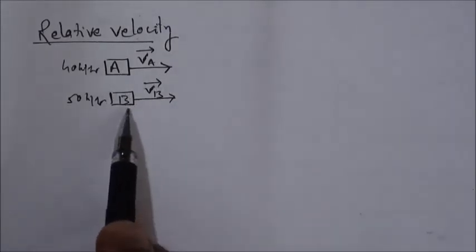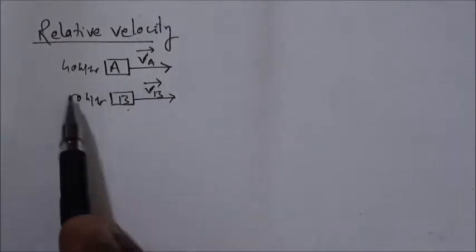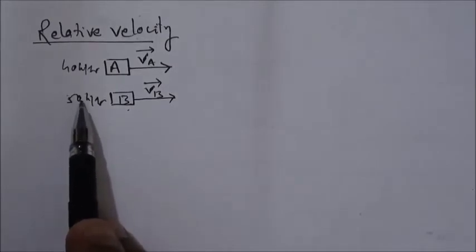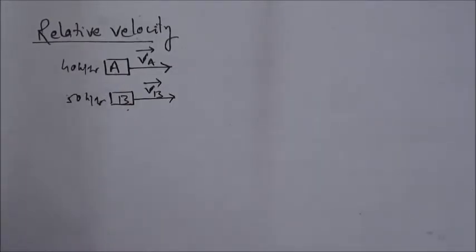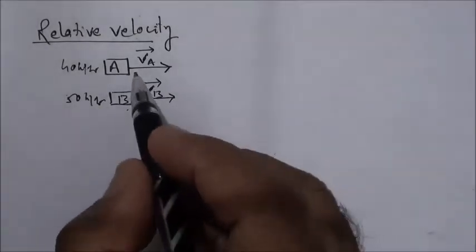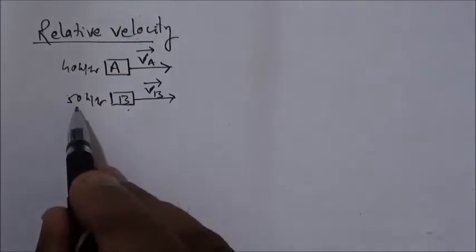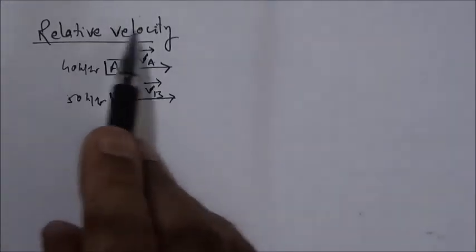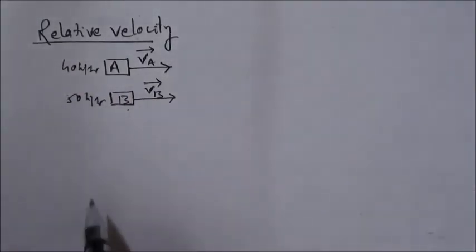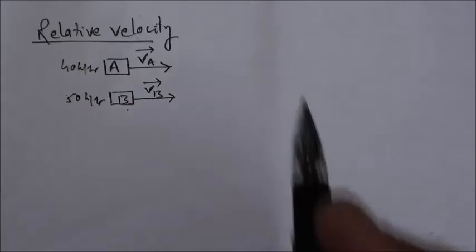And if you both are moving in the same direction with same speed, say this is also 40, then with respect to this or with respect to this, the other appears at rest. So that's the meaning. If I am taking 40 and 50, it means it is with respect to another person who is at rest with respect to some distant star. That is the standard that we use.